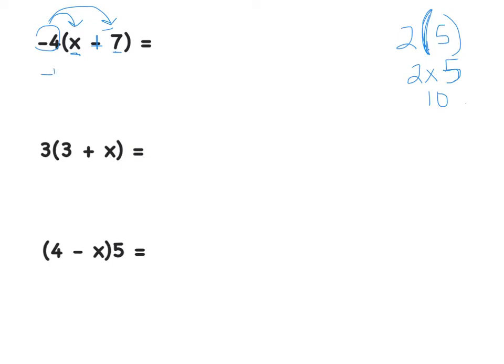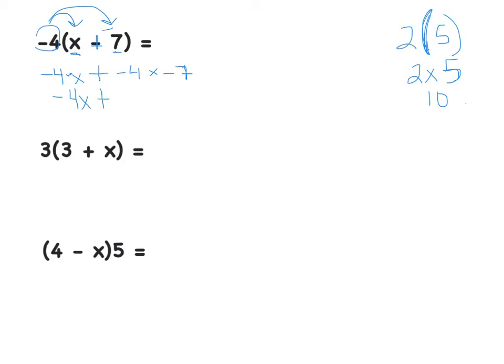So -4 times x plus -4 times -7. Okay. Wish I was better with this pen. Alright, so when we multiply a number times a variable, we don't really need the multiplication symbol. So that is just -4x